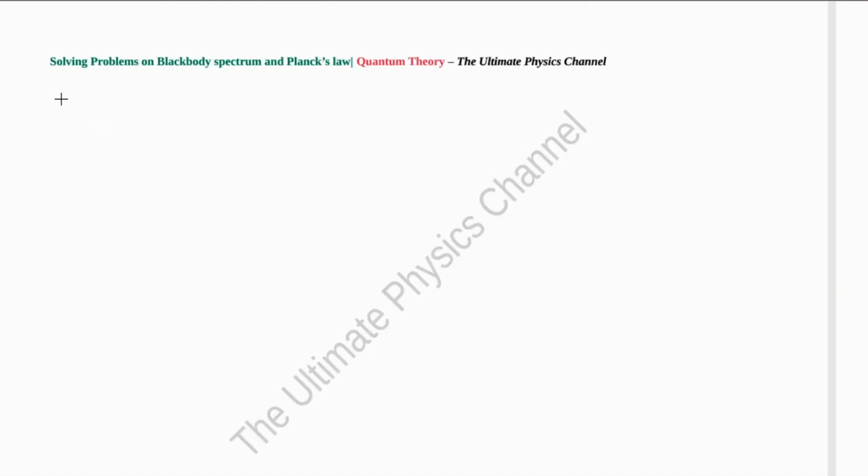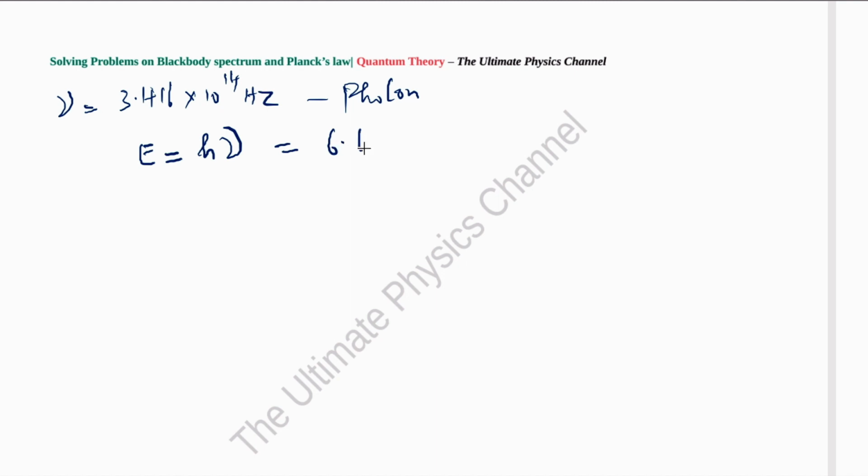So if the frequency nu max, which we have calculated to be 3.416 into 10 power 14 hertz, is assumed to be a photon frequency, then the photon energy E is equal to h, which is Planck's constant, times nu, right? So we can calculate the photon energy,